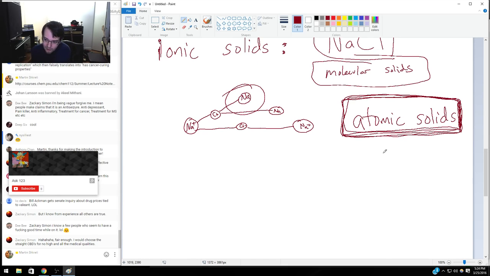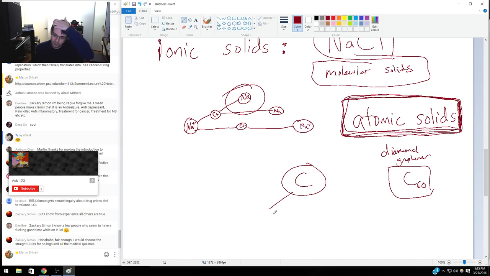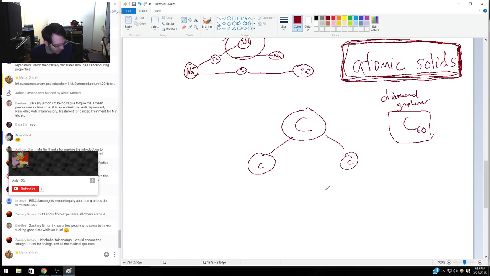So these atomic solids have actual just one atom. A good example is diamond or graphene or buckyballs or fullerenes. These are all just carbon-60, and they're just repeating units of carbon. And these are sort of the most confusing of all. But in any event, we're going to talk about that in more detail. So the atoms are at the lattice points. So in any event,